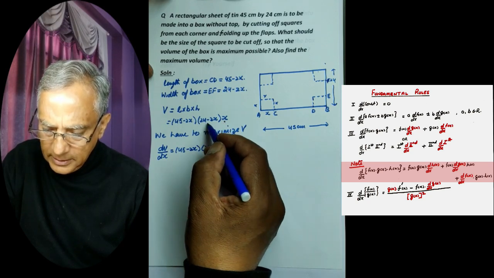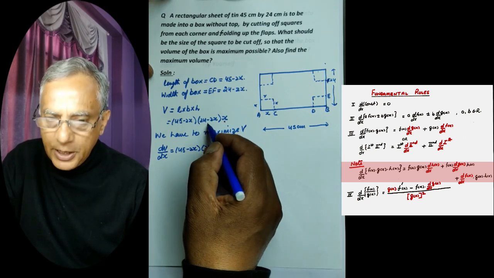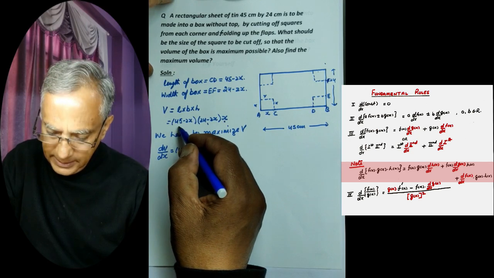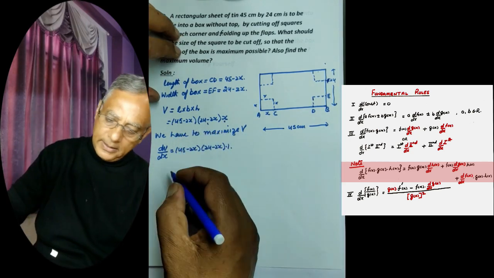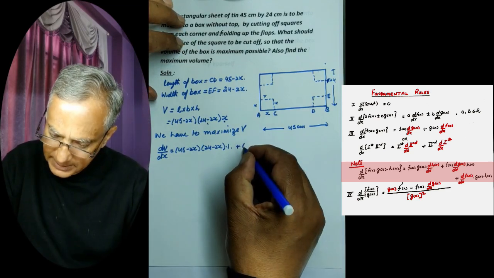First differentiate this, other two will remain same. Then differentiate this, other two will remain same. Then differentiate this, other two will remain same. You can see the side sheet. Plus